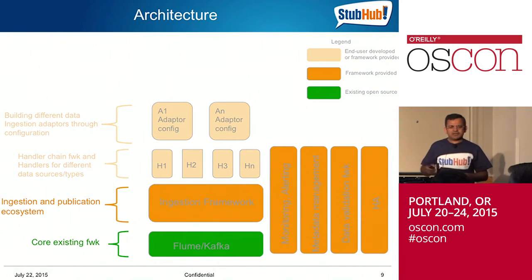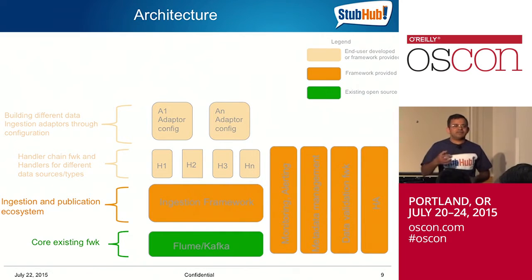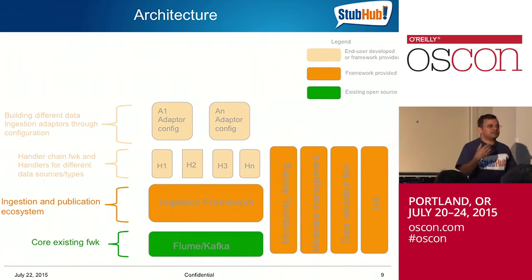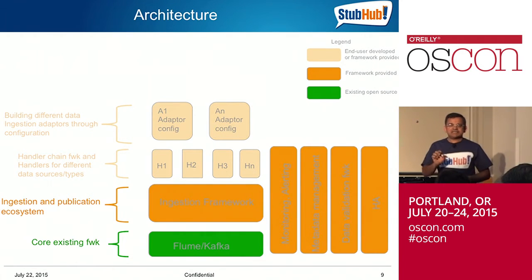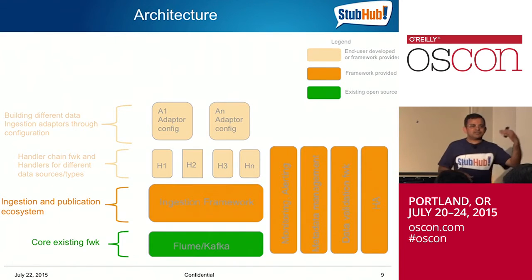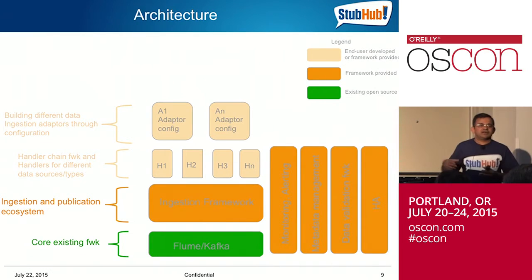Metastore management, I'll talk a little bit about that later, but this is a key unique aspect. It is about, as data is coming in, how do you make that immediately queryable in your HDFS through Hive or other sources out there? How do you create those meta schemas? It's easier said than done, because those incoming schemas may not be static. If it's structured data, sometimes you can more or less say it's a static schema. Think of clickstream data coming in, or JSON documents coming in through other sources. The schemas may not be static, so they're dynamically changing. How do you handle that? But I'll talk about that in a second.